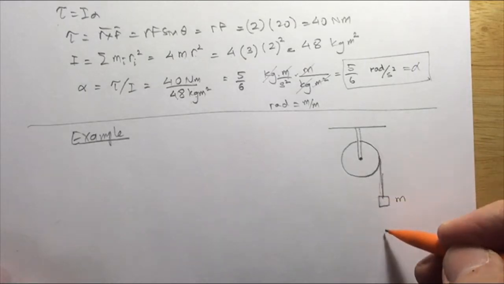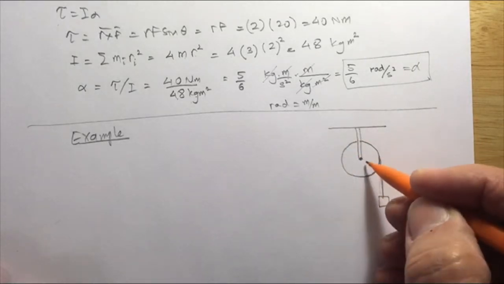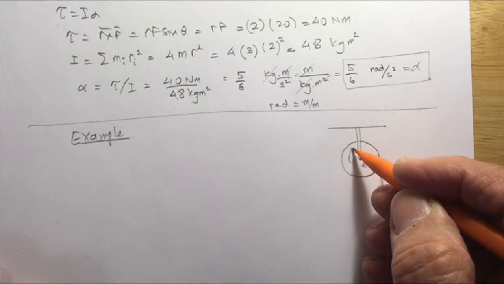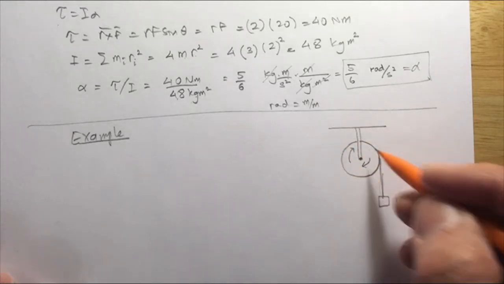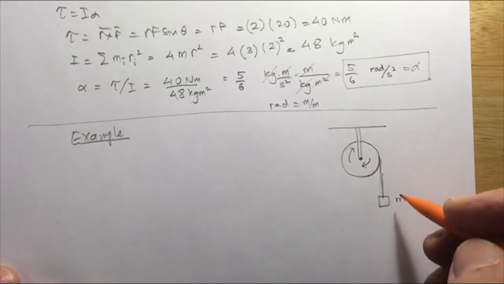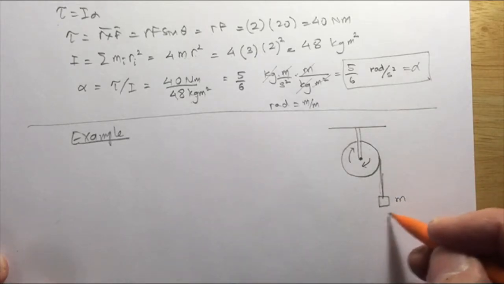So this mass is going to fall down, and it's going to cause the pulley to start spinning. Initially the velocity is 0, and the pulley is not spinning, then it starts falling down. The question is again, what is the acceleration